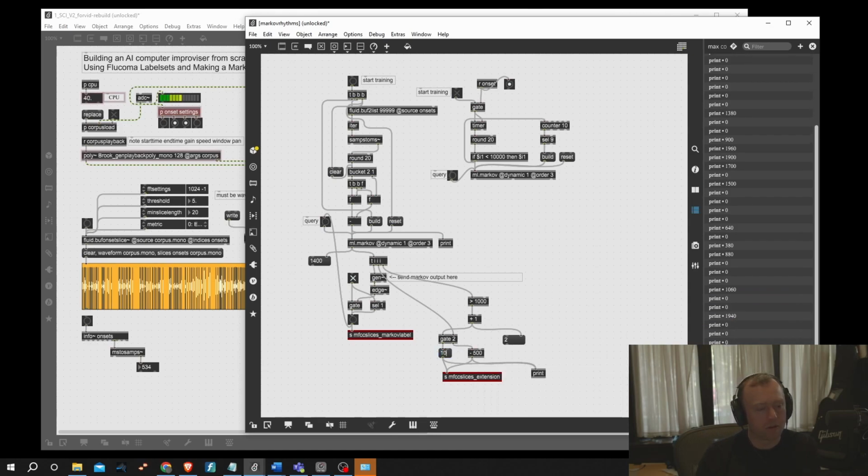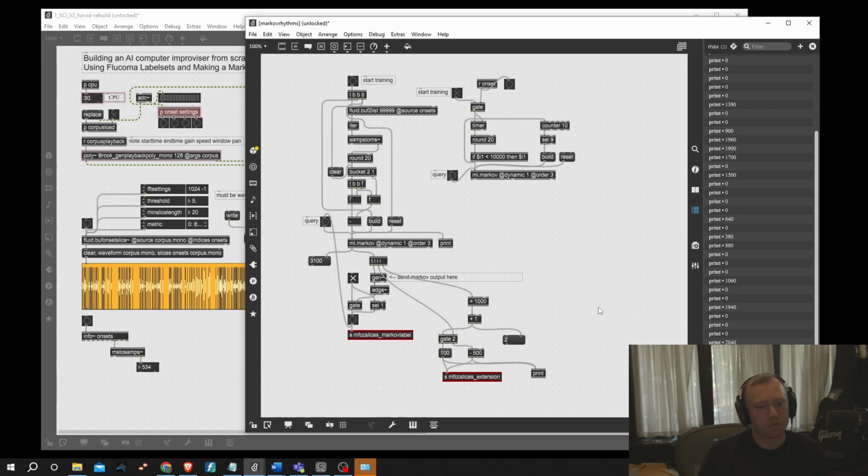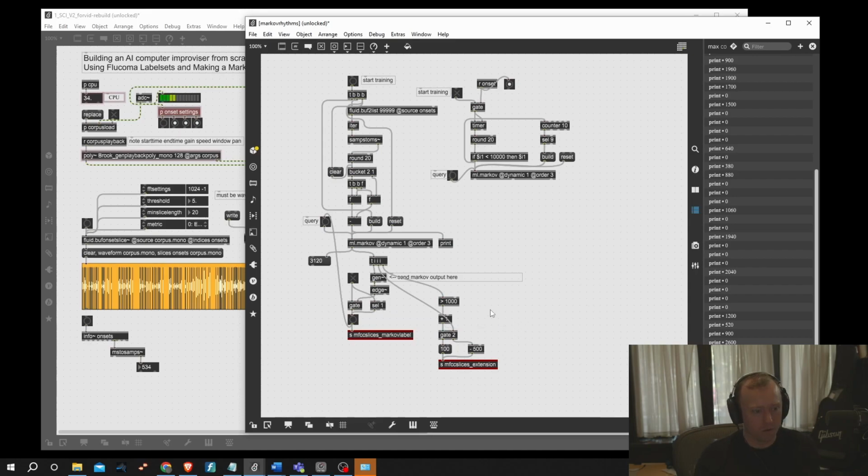I think I want to extend them all a little bit. Okay, so musically that's working for me now. It is now creating a mixed up Markov chain sounding version of the original piece, which is exactly what we're going for here. So I'd say this is an interesting musical behavior now that we may want to make more robust by